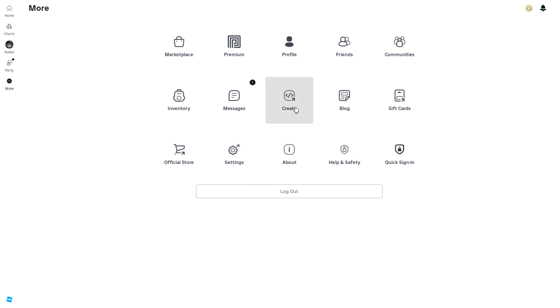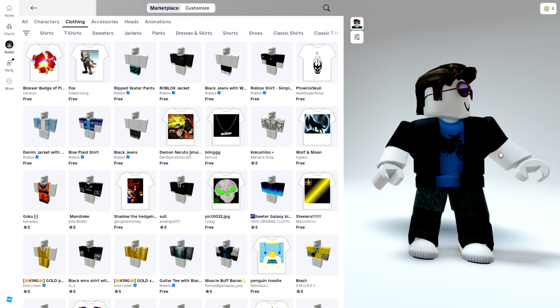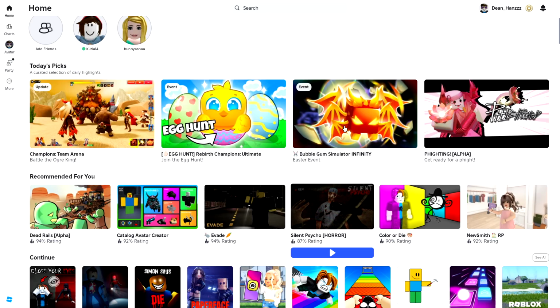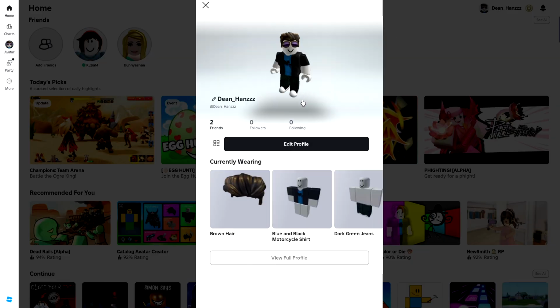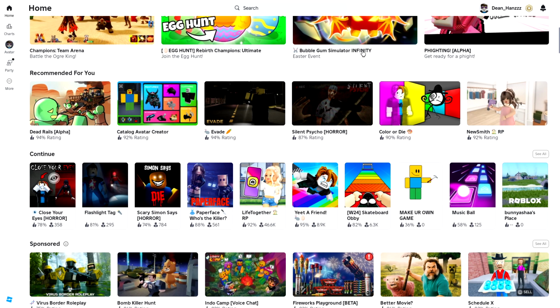Go to create, and just go to your avatar, then change its shirt right there. Or you can just go home and click here, enhance, and change your character's shirt here. So those are the ways. But as of now, I don't know the password of my Dean account, so I won't be able to show you how to change your clothes. But that's the way to change your clothes,